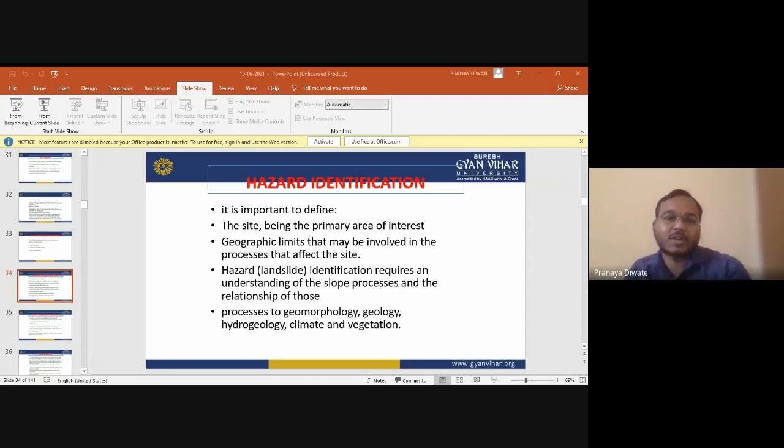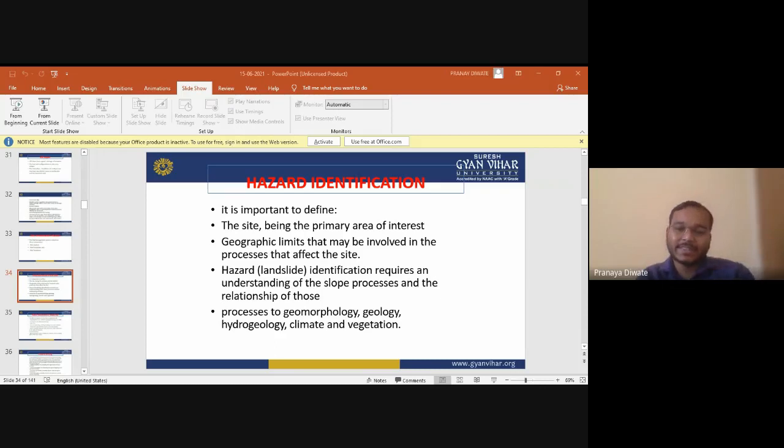Then you have hazard zoning. Hazard zoning is the subdivision of terrain into zones that are characterized by the temporal probability of occurrence of landslides of particular size and volume within a given period of time. Landslide hazard maps should indicate both the zones where landslides may occur and the runout zone. A complete quantitative landslide hazard assessment includes spatial probability, temporal probability, and size probability.